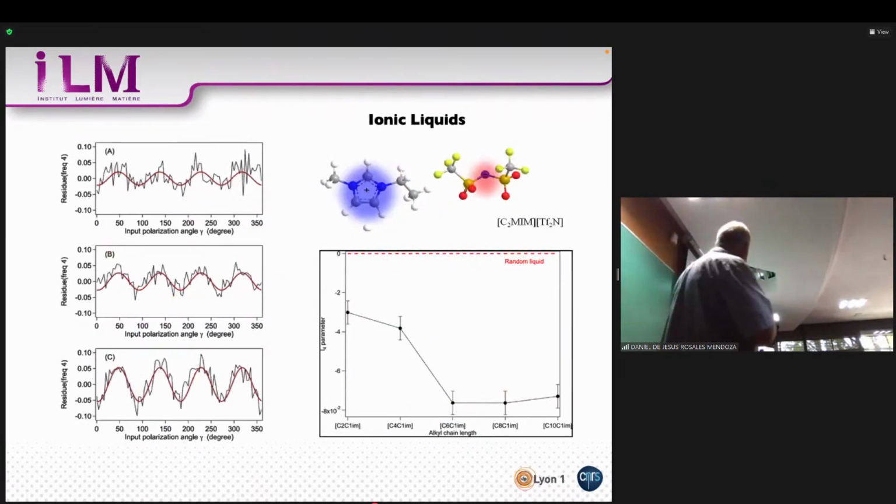We've also had another type of system. I'll just quickly give an overview. We can go to ionic liquids. An ionic liquid is formed... so we've chosen this type. There are many, but we have